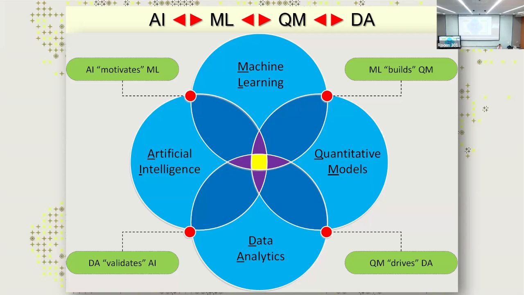Well, QM, quantitative models, drives all of this. Because before you can analyze, you need a model to analyze. Doesn't matter what, you need a model. A quantitative model is a mathematical model. You can have a physical model, that kind of stuff, but a mathematical model means you represent the entities and behavior with numerical attributes,